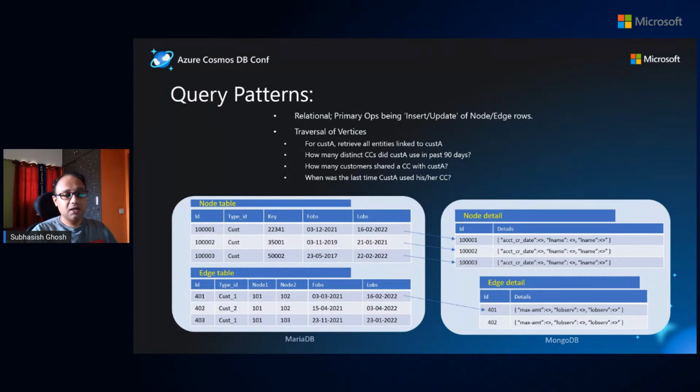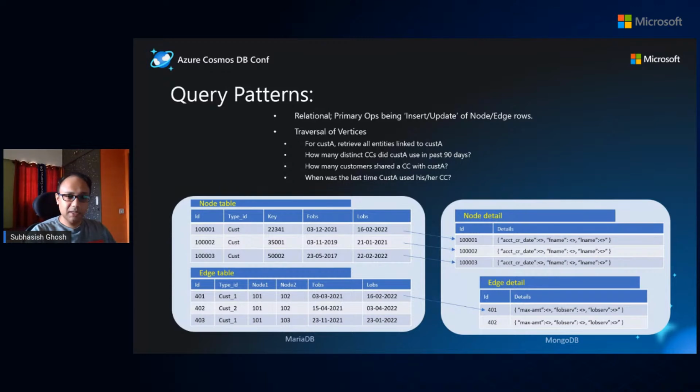How many distinct cards did this particular customer use in the last 90 days? How many customers shared a credit card with this person? So you get information about not just the discrete data points, but you can also ask all sorts of questions about this customer vis-a-vis his credit card. We will limit our conversation there, because this was purely to understand the credit card discrete usage. But the key point to note here is it's not just from the customer to his email and so on, the solution required an architecture pattern where we could do bi-directional traversal.